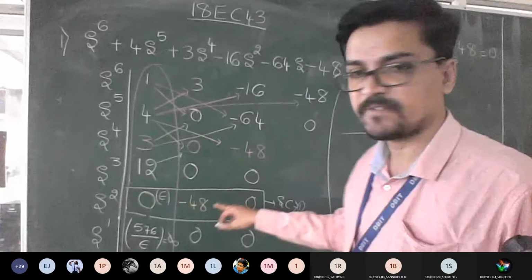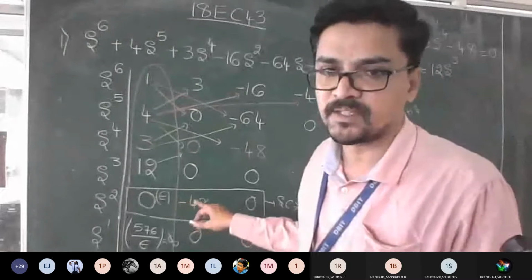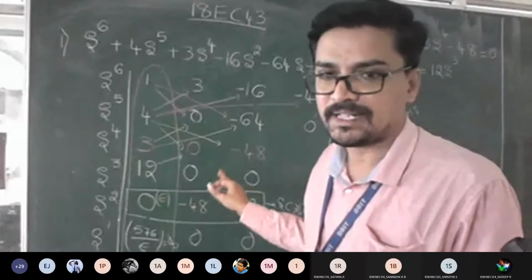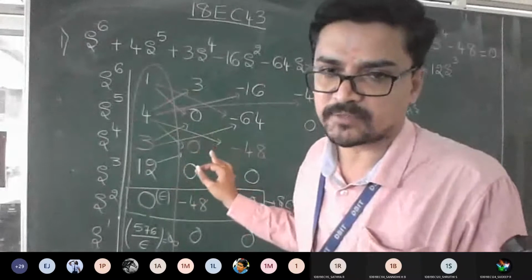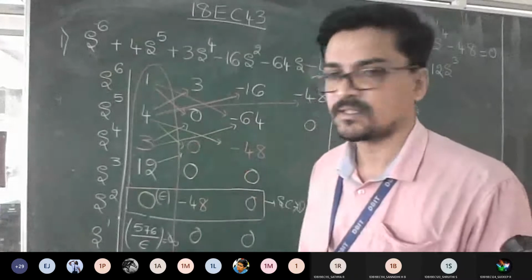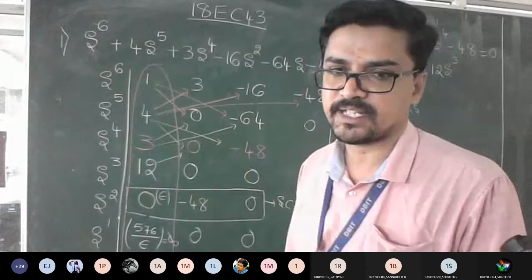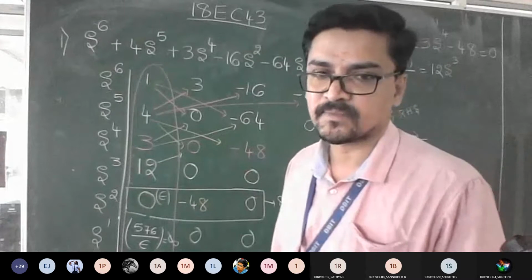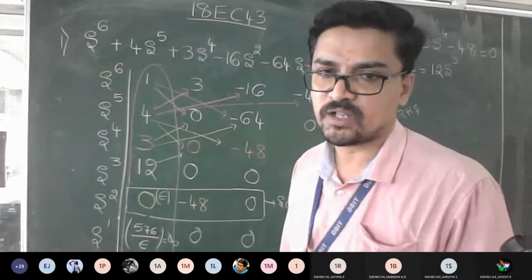Since we got one sign change, you can make a note that there is one root in the RHS of the S-plane, which is called the positive real part. Just make a sentence, guys. From the above, we proved it is unstable. Since it has one sign change, there is one root in the RHS of the S-plane with positive real part. Similarly, we need to calculate the remaining zero and negative also.